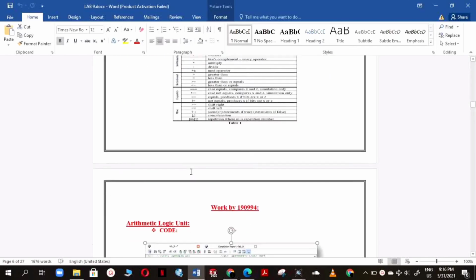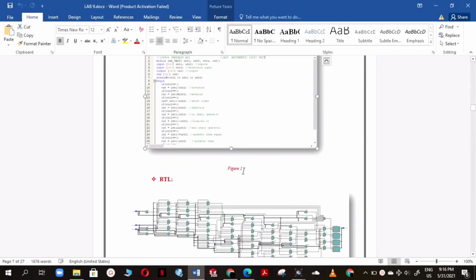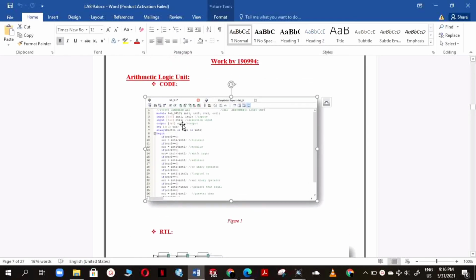Here I use 10 different operations such as division, modulus, shift right, addition, unary operator, logical unary operators, greater than, equal to, less than, etc. So now you can see here, first of all I declare all the inputs and outputs and then initialize all the inputs of 4-bit, because we have to construct the 4-bit ALU, arithmetic logic unit, and then after it we use register operator of 4-bit, and with the help of always condition, here I use 10 different if operations for performing all the operations.